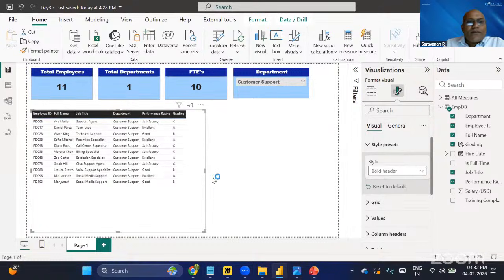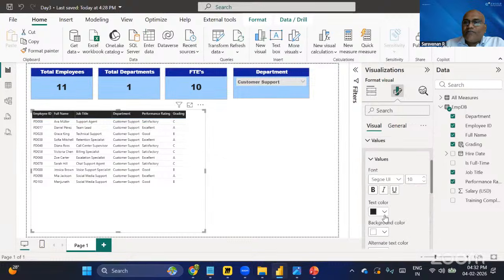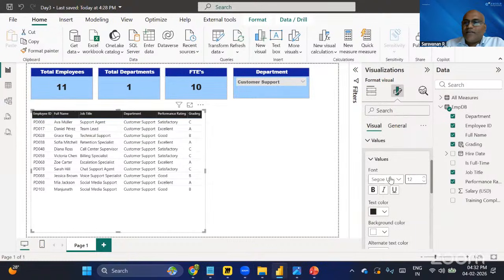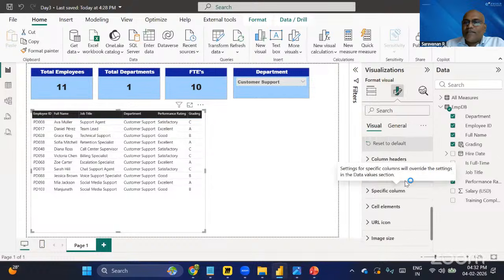Okay. So if you want to increase the size of this, you can click on values, font size. You can increase the font size like this. Okay. This values font size, it got increased. Okay. The next is,